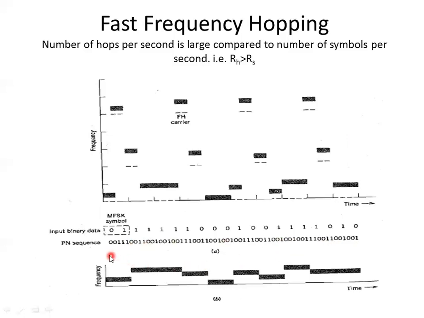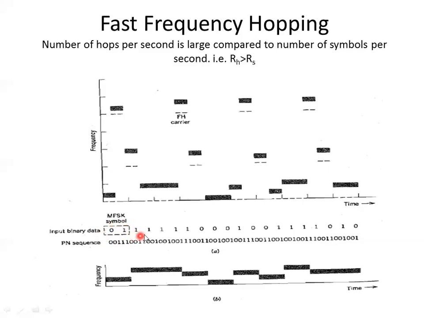There are many hops here, like 0, 0, 1 is the first hop, 1, 1, 0 the second hop, 0, 1, 1 the third hop, 0, 0, 1 the fourth hop, etc. So here in one hop, 0, 0, 1, not even one complete symbol is transmitted. But if you look at it carefully, in the first two hops, that means from here to here, the first 6 bits, 0, 0, 1 and 1, 1, 0, two hops, first hop with frequency F1, second hop with frequency F6, we are transmitting only one symbol.